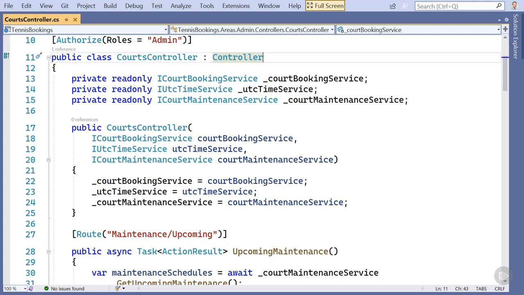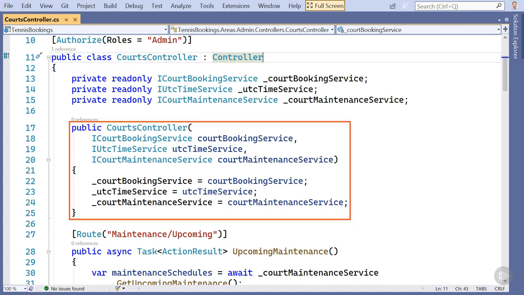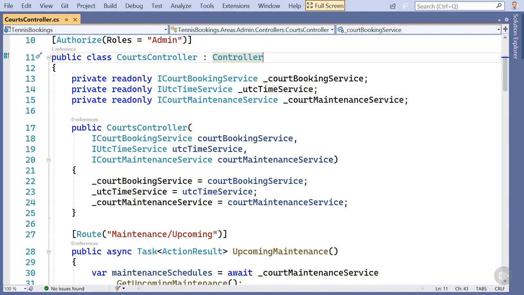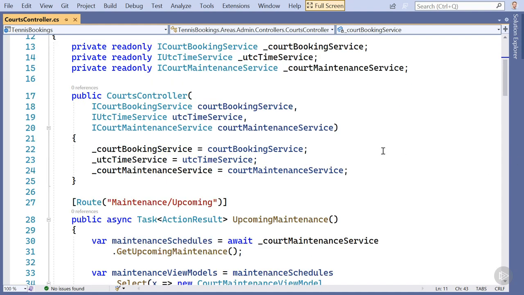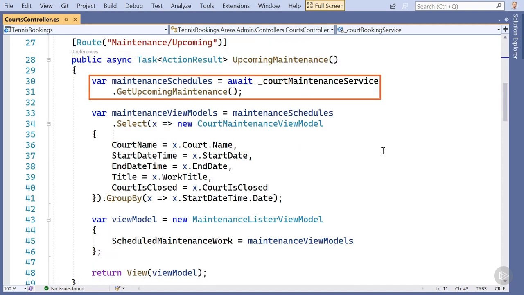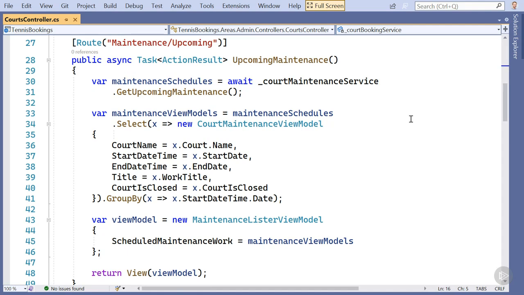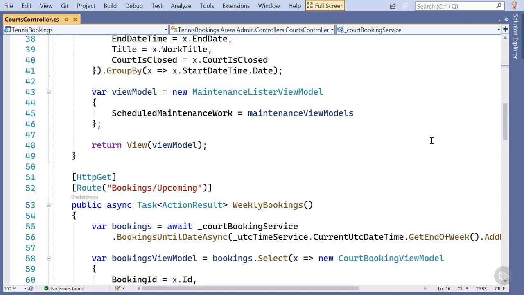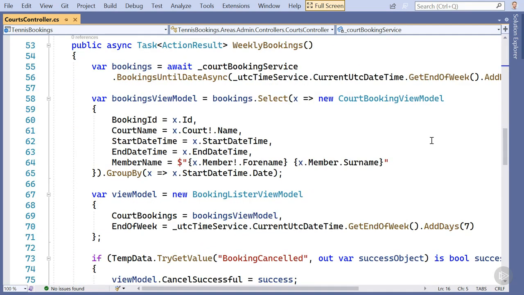Let's open the courts controller and look at the options for dependency injection. Currently, the controller accepts three services via constructor injection. This works in just the same way as the constructor injection that we've used elsewhere. One of the injected services is an ICourtMaintenanceService, and that's used by the upcoming maintenance action method. Now, if I scroll down past the other action methods, we can see that this service is not required anywhere